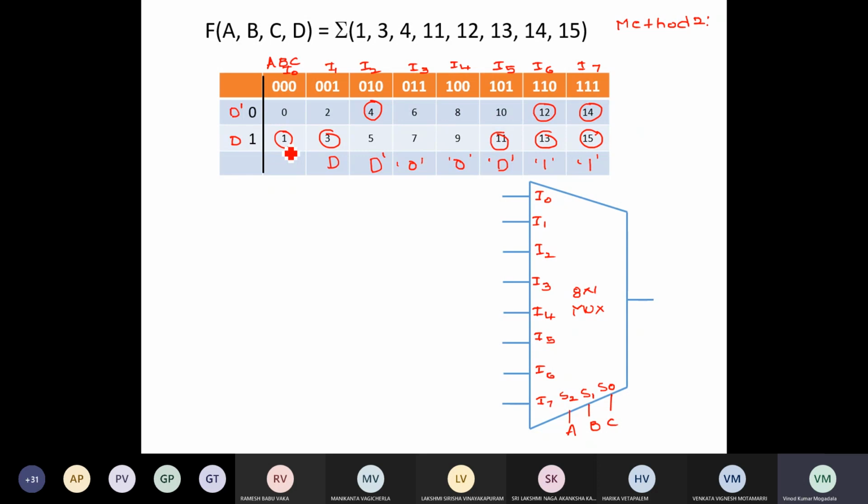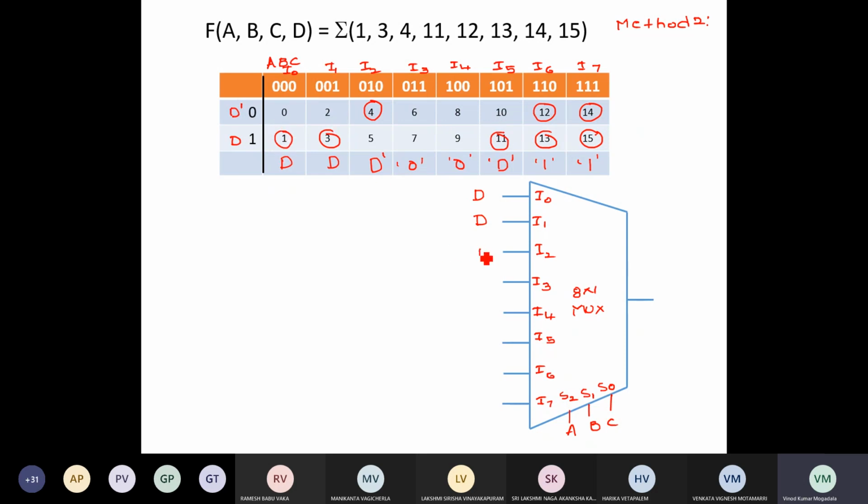It is D. So similarly here also it is D, right? Now you connect the same. So for I0 it is D, and here also it is D. It is following D as it is, right?